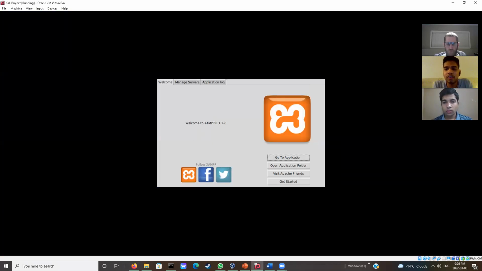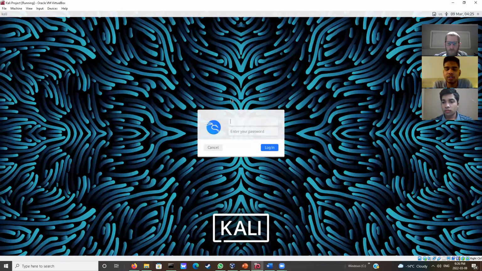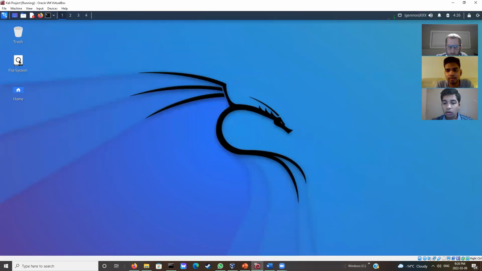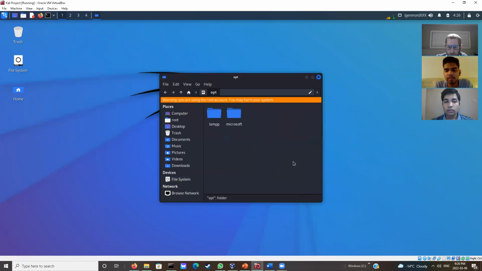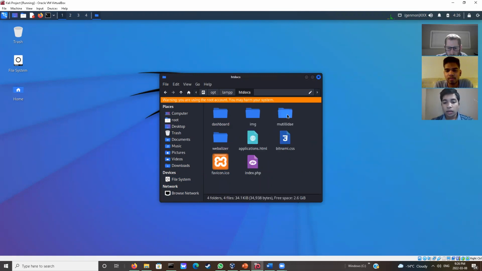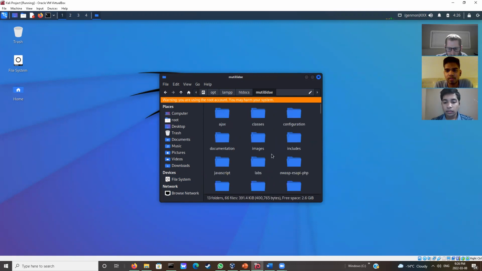So now here Tushar is going to explain how to sign in as the root user and also the other steps related to our final project. So now here we give the username as root and give the password which we have set. And now we are logged in as the root user. Navigate to the directory /opt/lampp. That's the command, and here we must configure the database, the config.inc file,